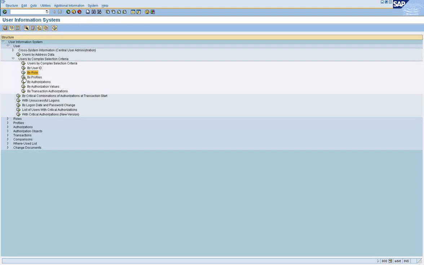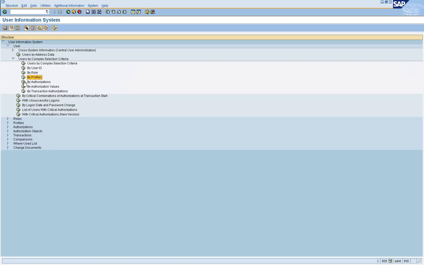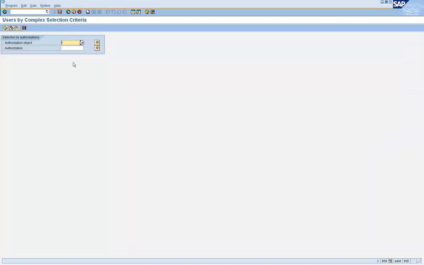So let's go back and look at profiles. If you know the profile name, enter the profile name, it will list you the user IDs assigned to that profile, basically the role. Okay. The authorizations. You give an object, it will tell you which user has got that object assigned to it.